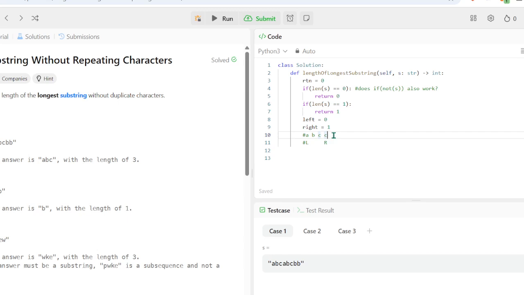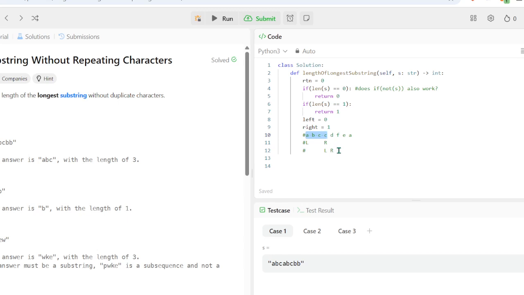Because if we do hit a duplicate, then what we need to do is put L here, and we need to put R here. Because if we have ABCC, once we get to ABCC, we know we've hit a duplicate. So we'll figure out some way to keep track of it.